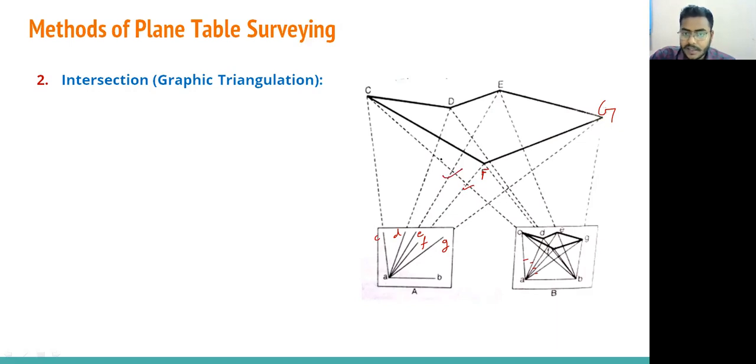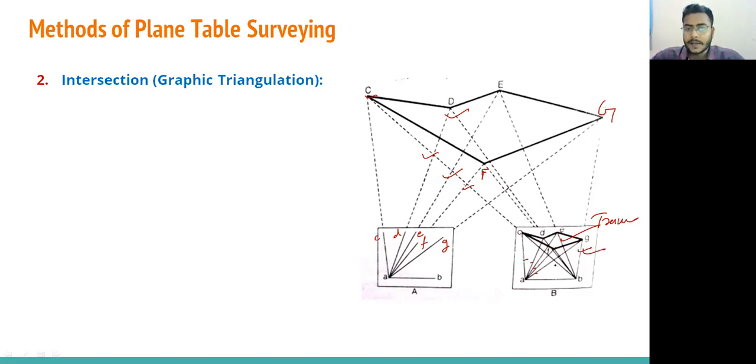And you will find there is an intersection, this intersection, this intersection, this intersection, this intersection. All the intersections, by using some scale, will be shown on this drawing sheet, right? And we can draw a line. We can join a line through these intersections. So then we will go through the traverse. So we'll go to F, G, E, D, C, right? This one, which is drawn on the sheet by bold line, right?